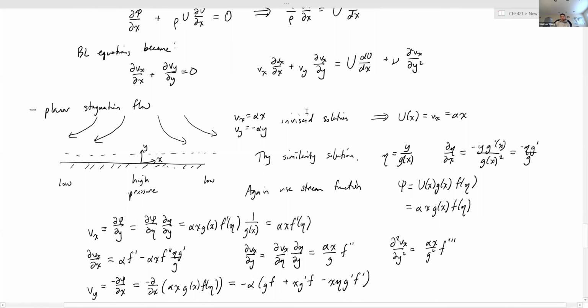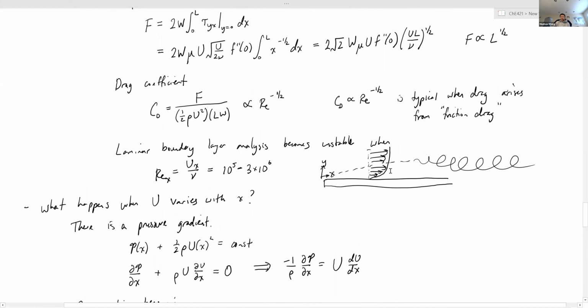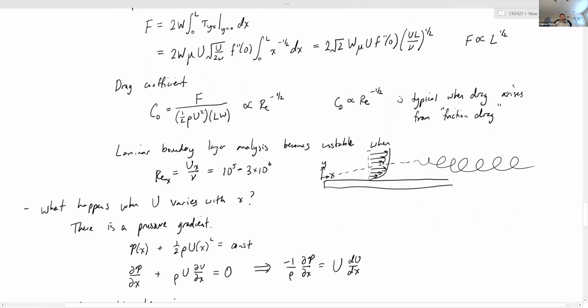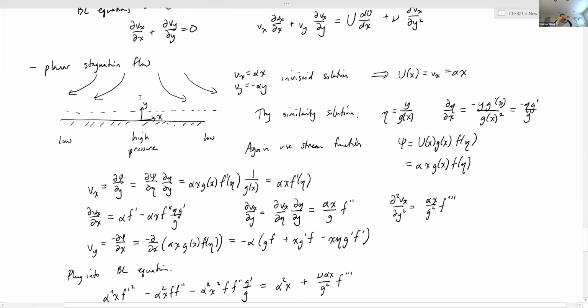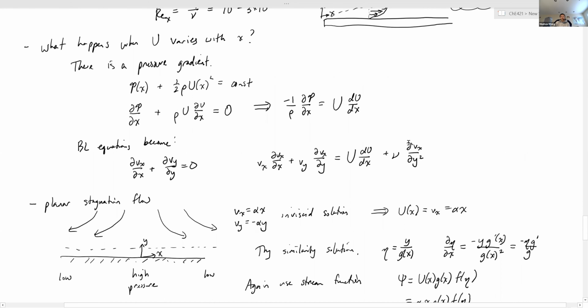We had talked earlier about this flow past a flat plate, and then figured out what the solution would be. And then on Wednesday, we started to get into what happens in more complicated scenarios. Specifically, the flow past a flat plate was a very simplified scenario where the inviscid flow solution is uniform. Velocity is just always moving in one direction, right? And the pressure gradient is also nil. So the pressure is just always constant throughout the entire boundary layer.